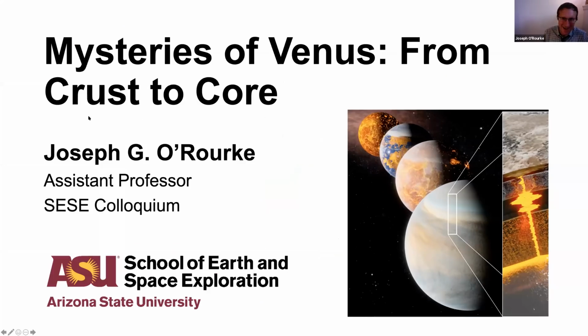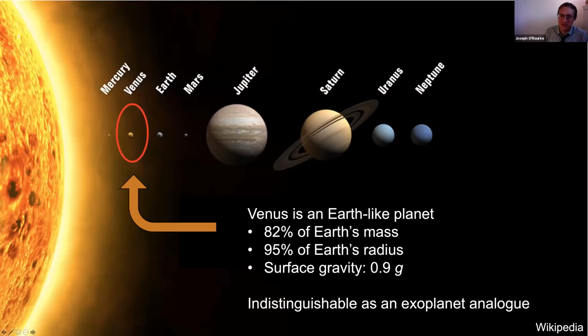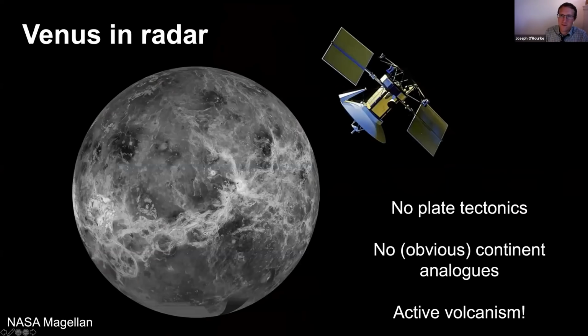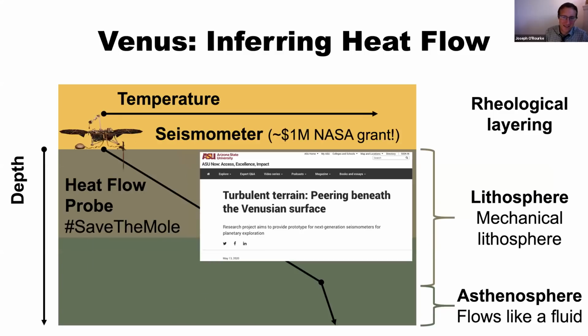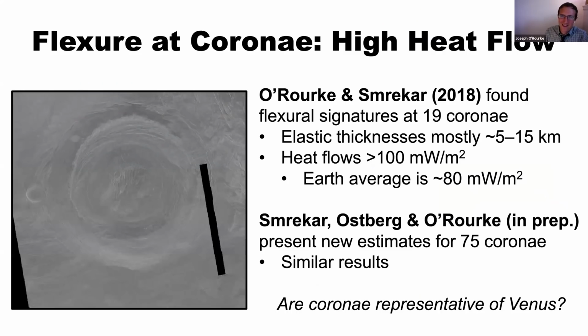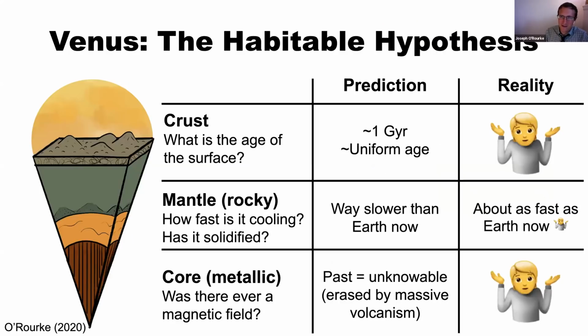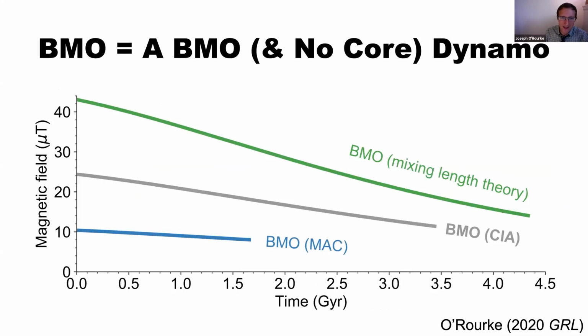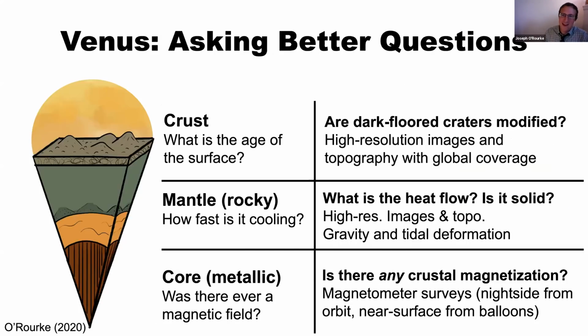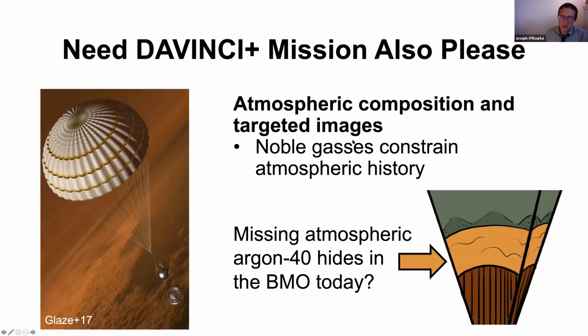Sorry. Okay, so the VERITAS and the EnVision missions, I'm desperately hoping that one of them will fly to collect these badly needed data sets. And there's another mission that's a finalist for the Discovery program as well, which is called DAVINCI Plus. And it's a mission to measure the noble gases in Venus, which would constrain the atmosphere. They could help constrain if the thick atmosphere was primordial or if it was outgassed recently.